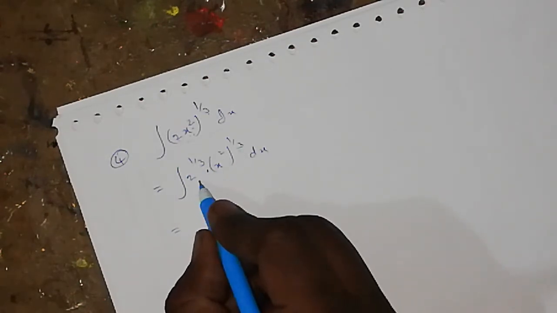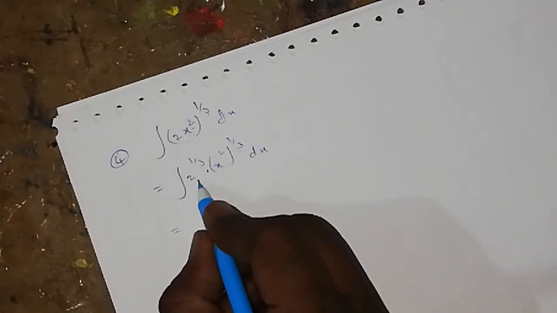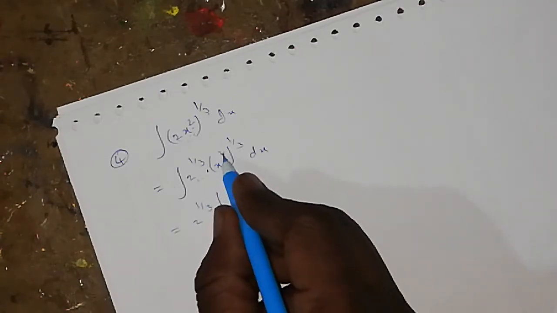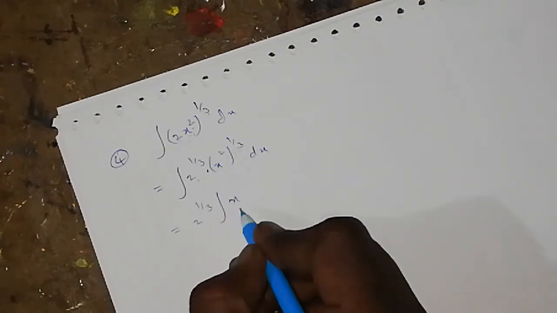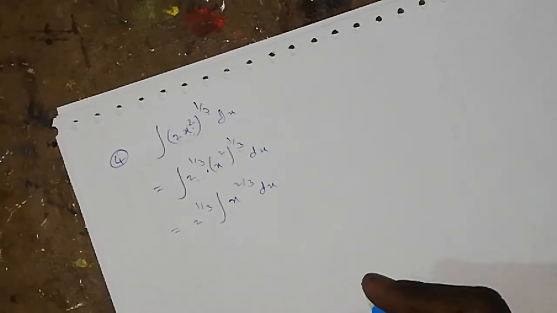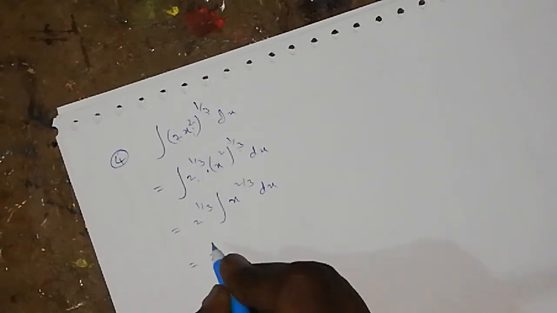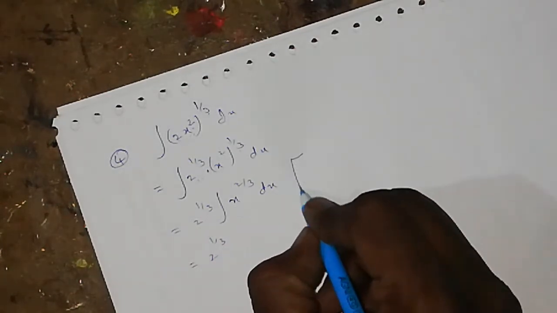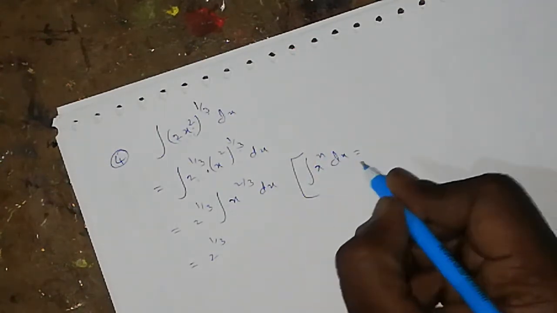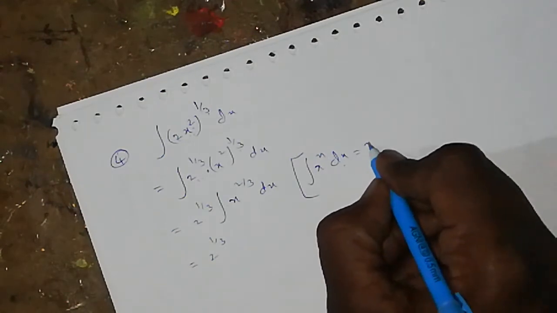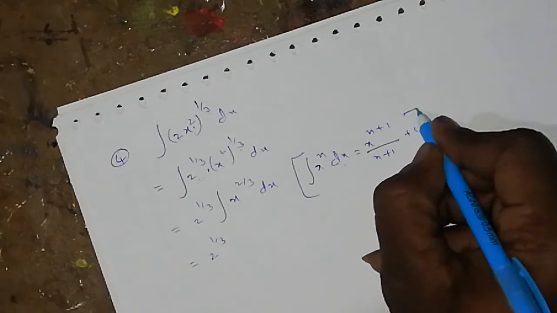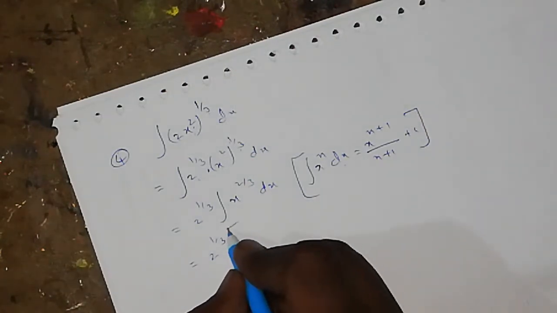Already I said when the variable is having any coefficient, I have to send it outside. So I am sending that out, now multiply the power to power: x to the power of 2 into 1 by 3, that is 2 by 3, into dx. So what are you getting now? 2 to the power of 1 by 3 into, now observe, it is in which form? Integration of x power n form. So integration of x power n dx is equal to x to the power of n plus 1 by n plus 1 plus c.